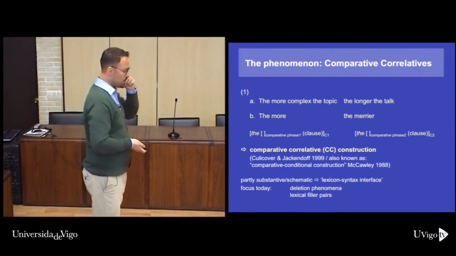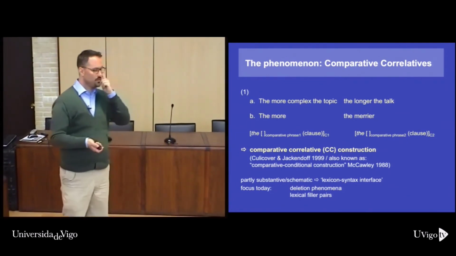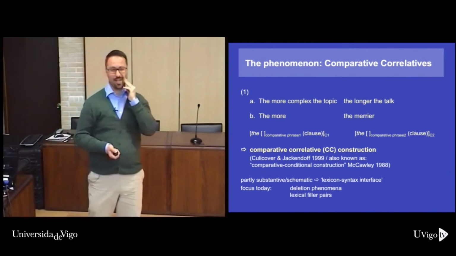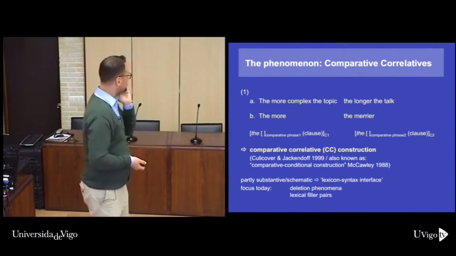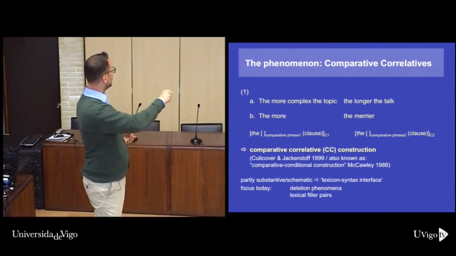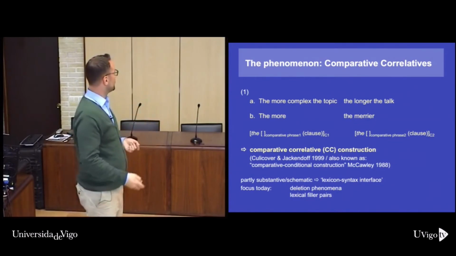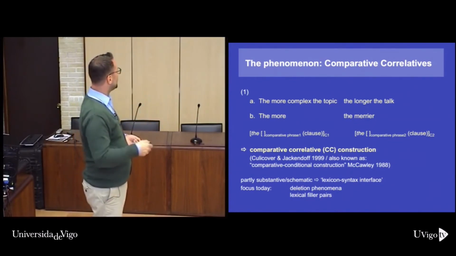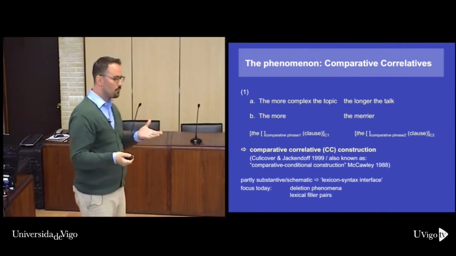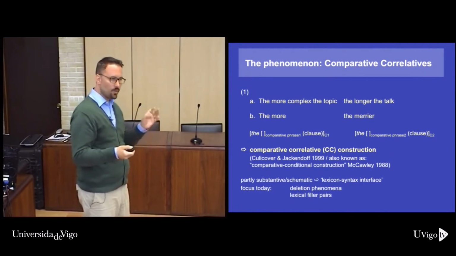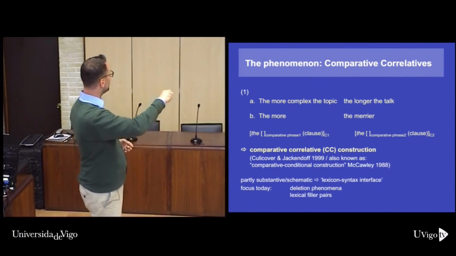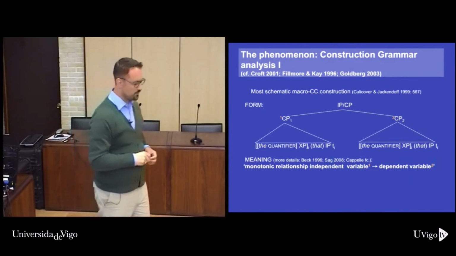Today I focus on several things which I think, and that might have got something to do with the input that many of these varieties received, because these factors have been at play at least since the Middle English period. Deletion phenomena, so when can you leave out things like the topic or the verb, because this can also be extended to the more complex the topic is, the longer the talk is, okay? Which, as we're going to see, is specific to this construction. And I'm looking at specific fillers, at micro constructions, or at least at substantive realizations of this comparative slot, and I ask myself, are these two related? And how much do specific varieties depend on them?